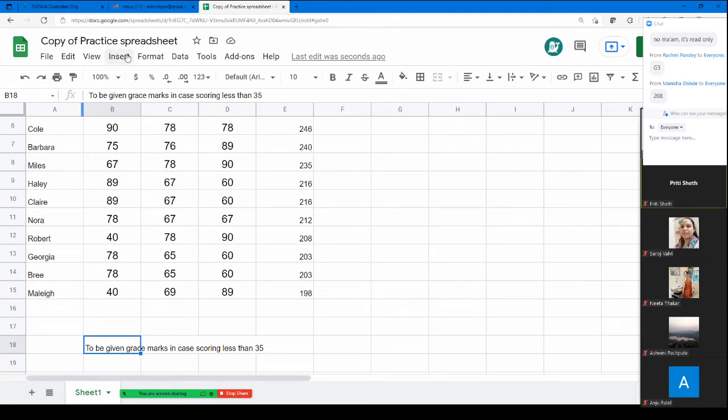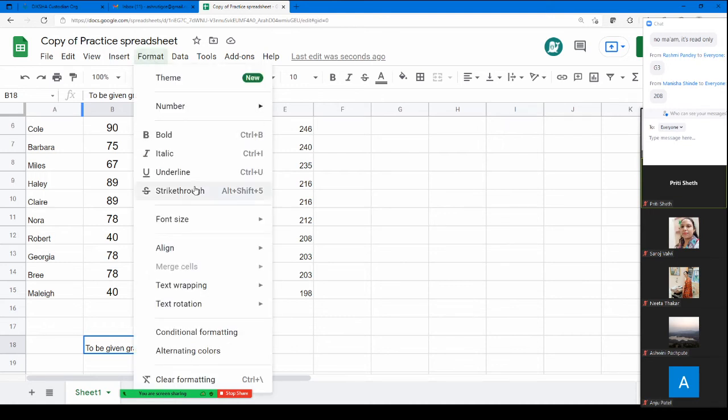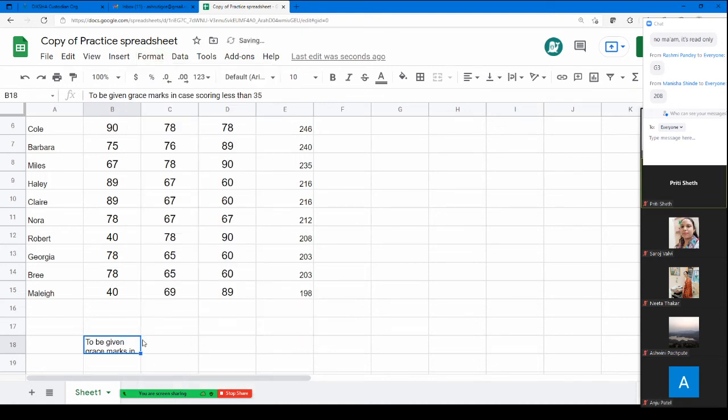How do we do text wrap? I go to wrap. We have this text wrapping, and you click on wrap. When you click on wrap, see, everything comes into the same cell. Everything is here in the same cell. You can extend it if you want, and then you can read it.